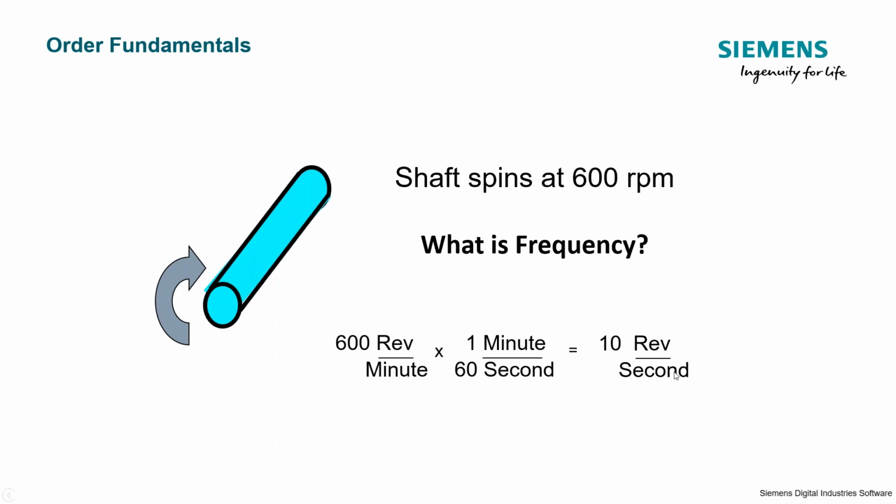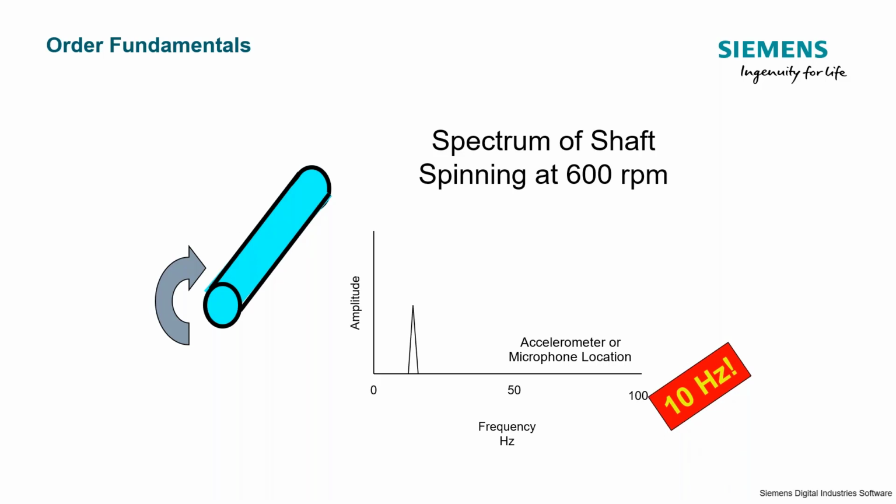And if you remember, when we looked at that sine wave, we said the sine wave was 2 cycles per second. So in this case, we have a revolution or a cycle per second. We could say it's 10 hertz, and we can plot that on a frequency plot here. At a frequency of 10 hertz, we have a certain amplitude that we can measure and define on this plot.